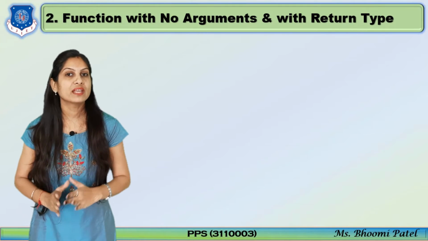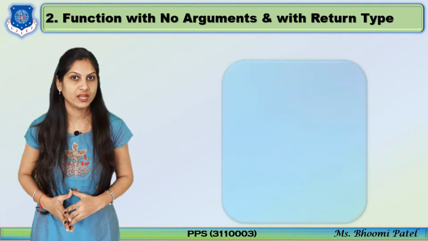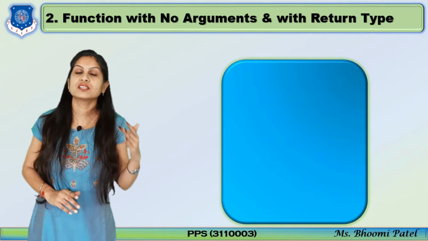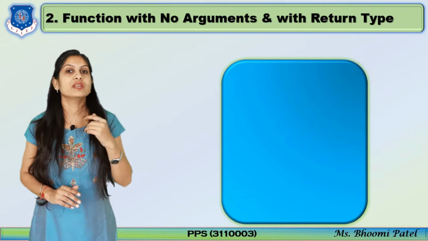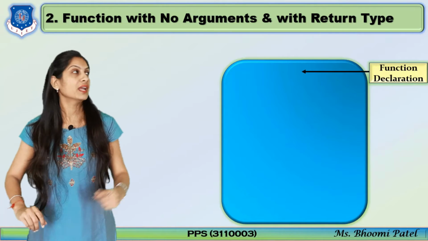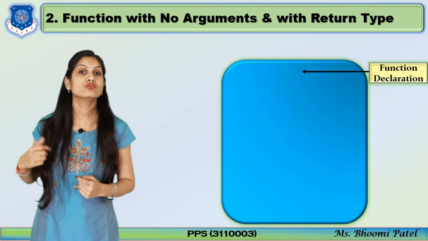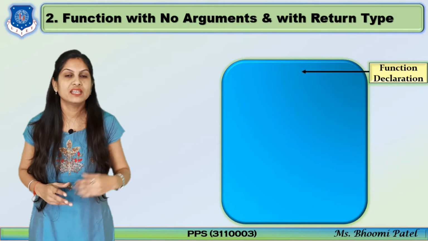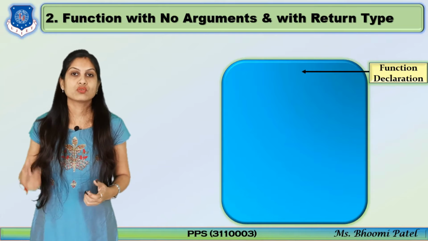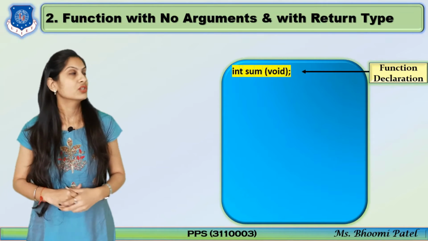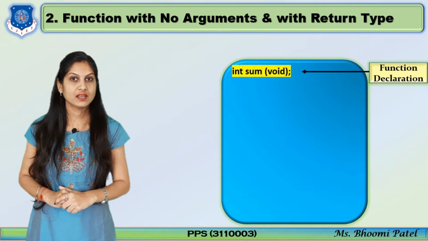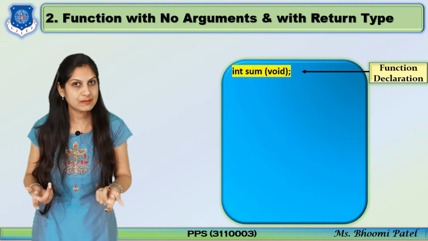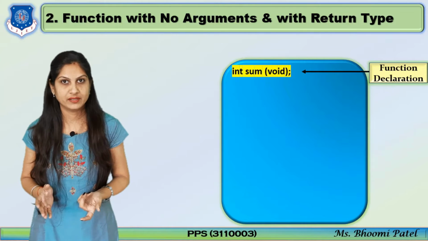Now move to the second category, that is no argument but with return type. The same program we can write in a different way. Here the concept is the same, only one word is changed. From no return type we have to return something. So here, instead of void, we have to change it. The final answer of the addition of two numbers will be integer, float, anything. Here our answer is integer, so the return type is int, then the function name is the same, sum, and the brackets are empty because there is no argument. Clear?